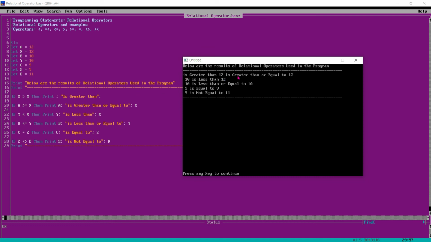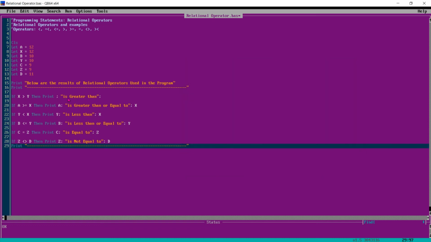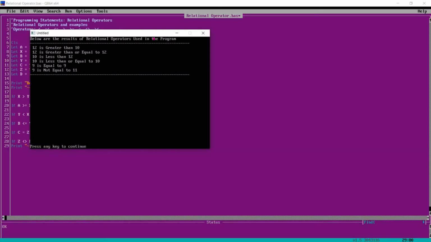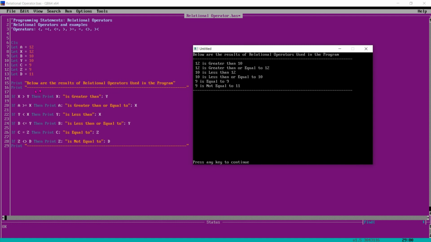It prints 12 is greater than or equal to 12, it is printing the second line here, right? So we are not able to see what is happening here. That's why we need to write the program in this fashion so that we can correlate the output, to see what the program is doing. So 12 is greater than 10. Here first we compared and then printed 12 is greater than 10. Okay. So in this fashion we can use the relational operators while writing a program. That's all for this tutorial.